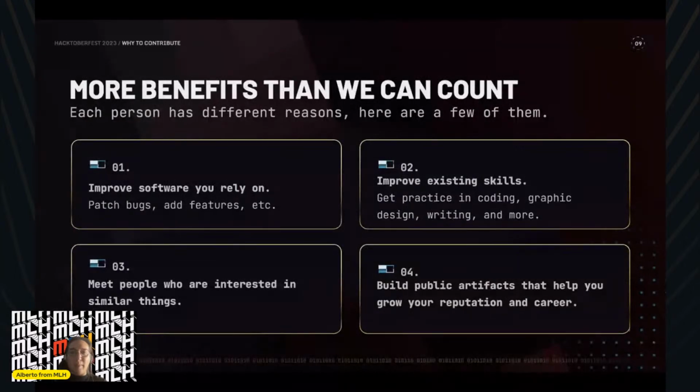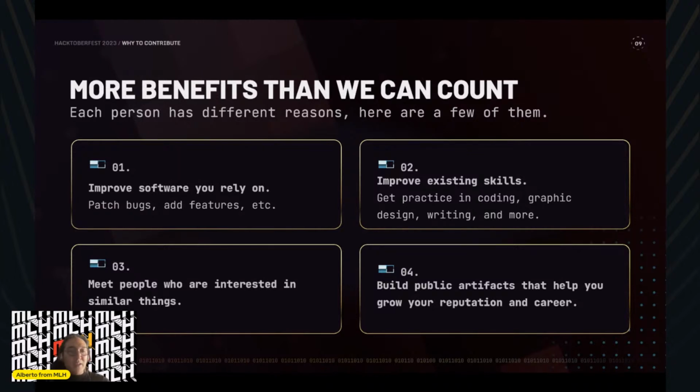Me, for example, I will say I don't need a mentor, but a mentor is one of the reasons people want to contribute to open source, for example.